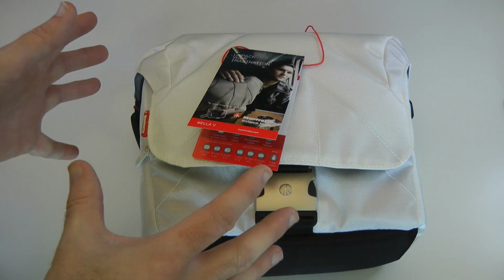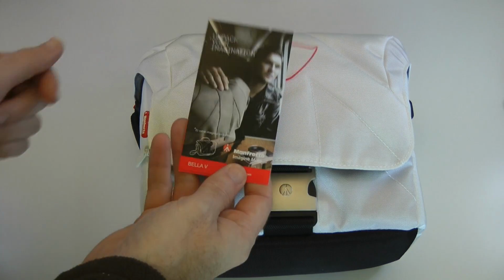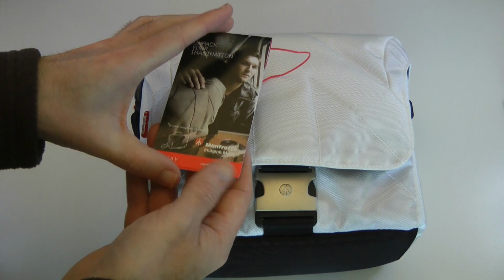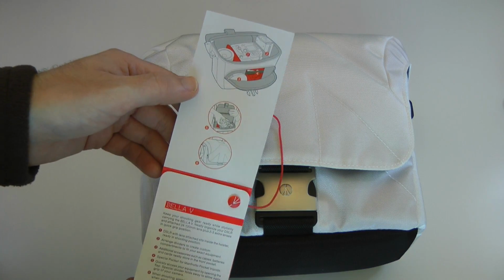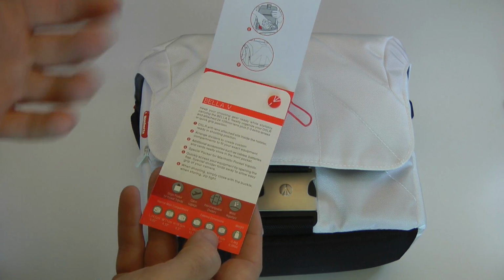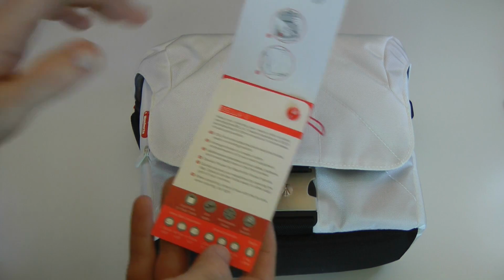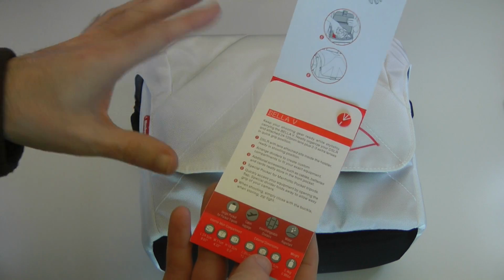Now when this first comes presented to you, it will be in a plastic carrying bag and this little tag here will be attached to the bag. I just want to show you this because this runs you through some of the specs of the bag and features, and as I'm running through I'll refer to various compartments. One of them in a bag this small will accommodate small tripods as well, which is amazing for a bag